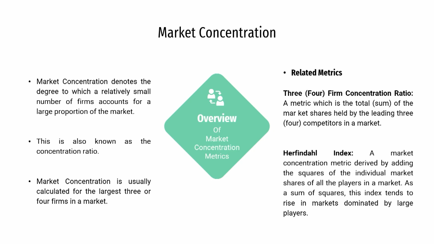And there is another concept called the Herfindahl index, which helps us understand market concentration. It is a market concentration metric derived by adding the squares of the individual market shares of all the players in a market. As a sum of squares, this index tends to rise in markets dominated by large players. So, if a particular company has a very high market share, let us say 70%, 0.7 squared will be equal to 0.49. But if all the players have a market share below 10%, which is a dispersed market, where many companies have some portion of the market rather than one or two companies having the major chunk,